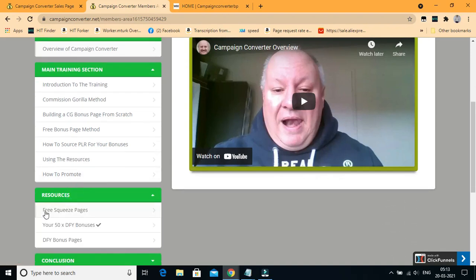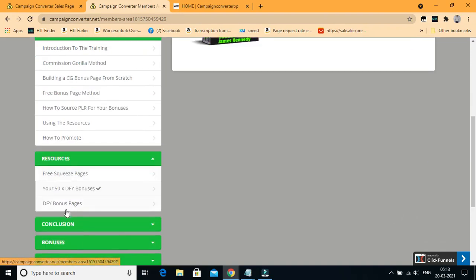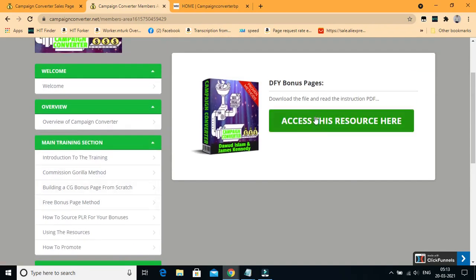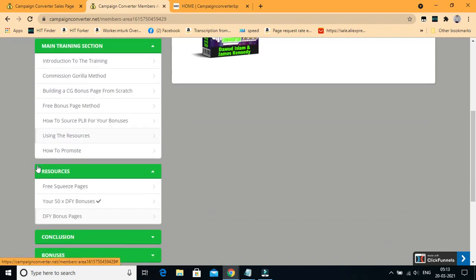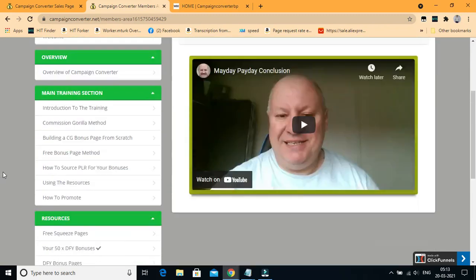Then there's a resource section which has a free squeeze page section, and here's the 50 done for you bonuses. If you click on this, you can access your 50 done for you resources here by clicking on this tab, and then there's a done for you bonus pages section as well, and on clicking this you can access the done for you bonus pages as well. And then there's a conclusion video from Daud, and there